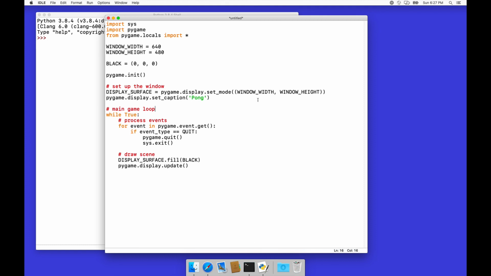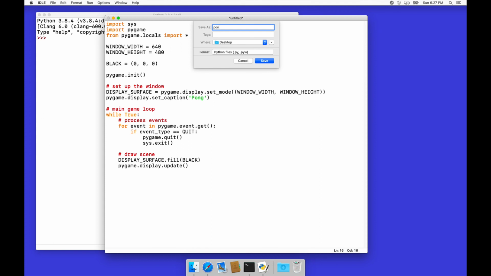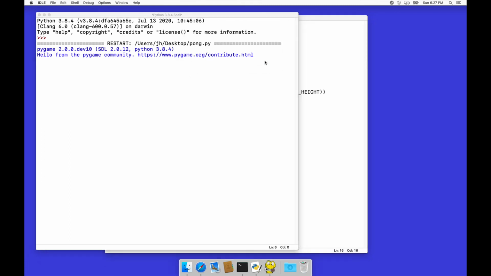So now for the exciting part, we can run this by selecting Run and then Run Module, and then IDLE will ask us to save this first. Yes, and since we haven't given it a name yet, we're asked to provide a name for it, and the default location is fine, wherever you want to put it. Actually, let's put this onto the desktop, and I will just call this pong.py for Python. When we save this now, that program is being run, and